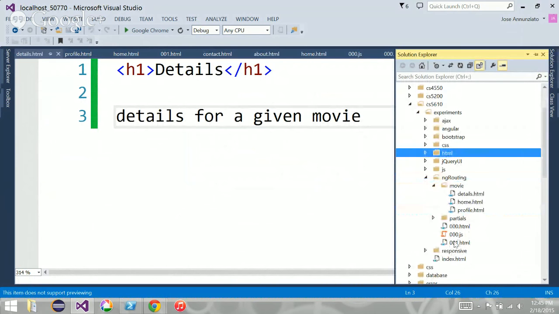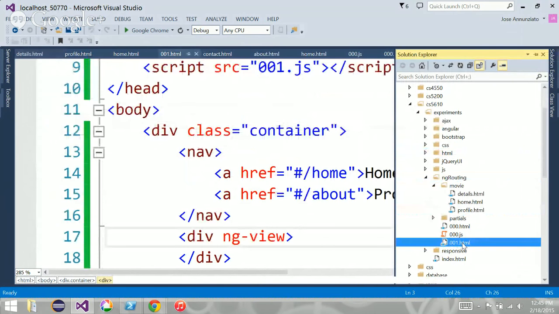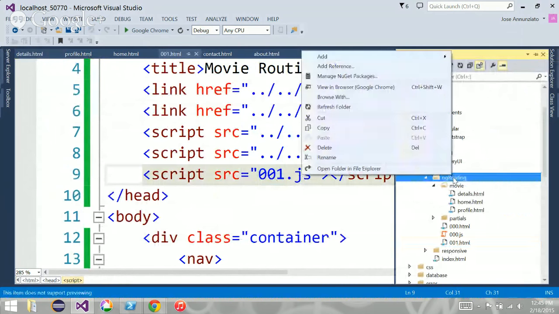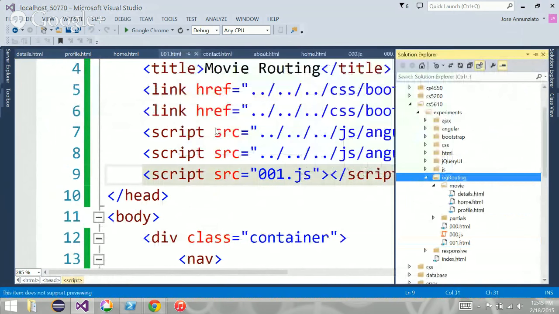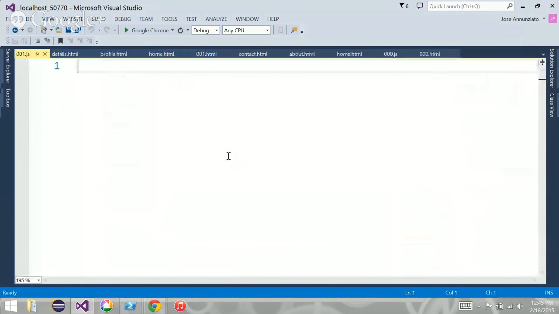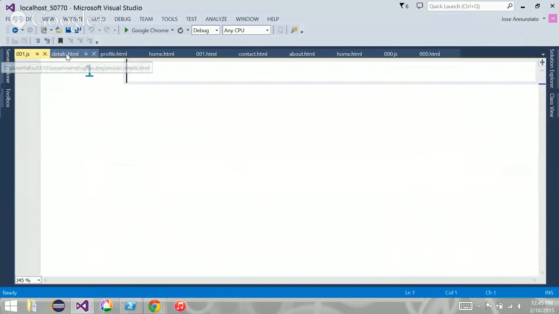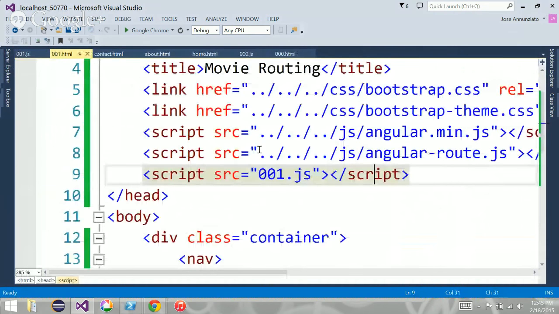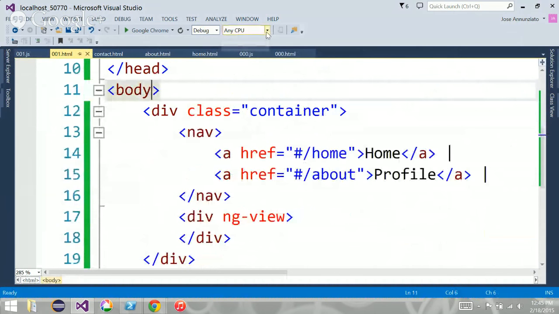And so we're going to need JavaScript for this, right? We said that we would put it inside of 001. Yes? So let's create that too. All right, so let's create a JavaScript here, and we'll call it 001. There it is. And there's an application. What do we call the application? I forget. Did we give it a name? I don't remember. We didn't even give it a name, right? So this is my movie app, okay? How about that? So it's ng-app, movie app, and the ng-view. So I need to create that movie app.